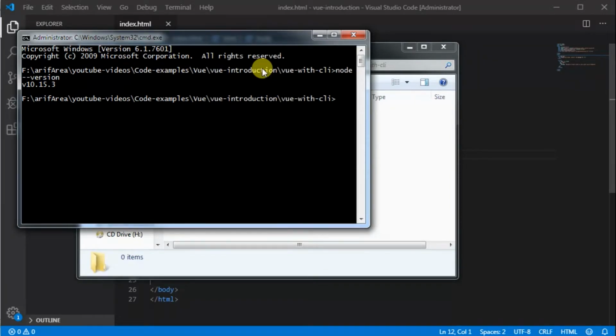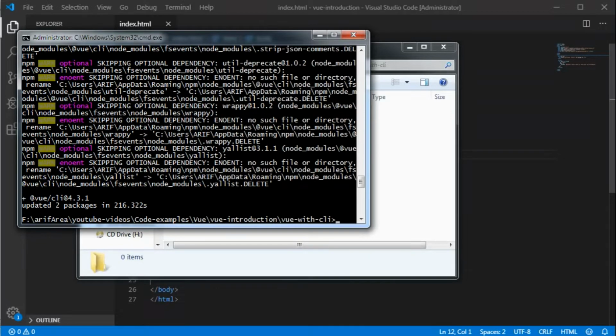If you don't have Node.js, just use the link mentioned in the video description. Now we will install the Vue CLI using npm install -g @vue/cli. We will pause the video until the installation process gets completed.